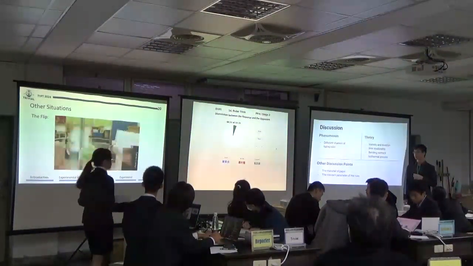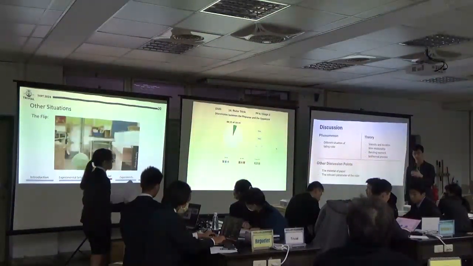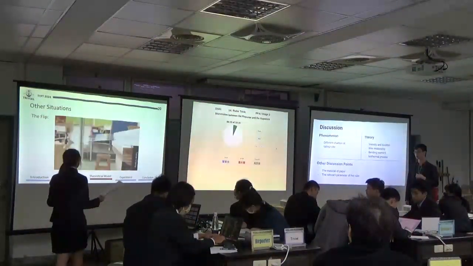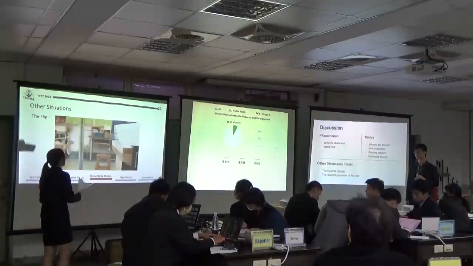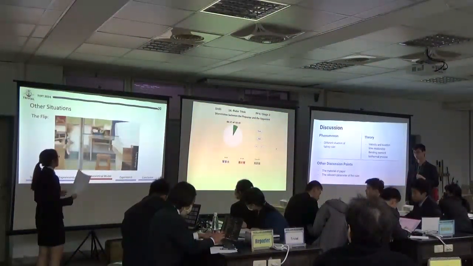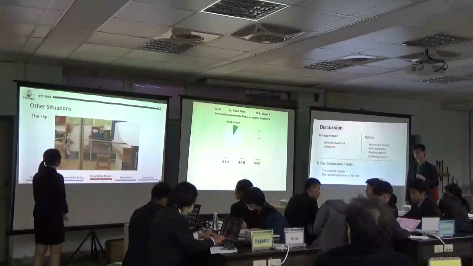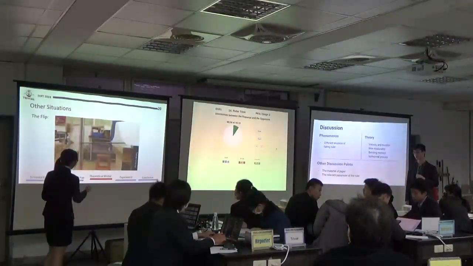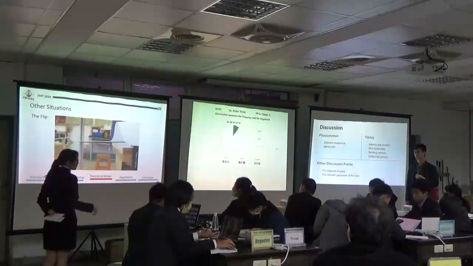Okay, so what do you think causes the different situations that satisfy the condition you just mentioned? In our experimental setup, I think you've seen that I use a laser pen to check where the ball will fall, but I still cannot make sure that every time the ball falls on the same position on the ruler. So in this situation, the flip happens because the ball didn't hit the center of the ruler on this axis. And then for the glide,